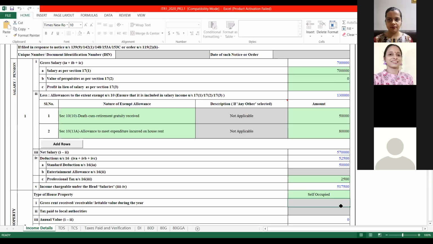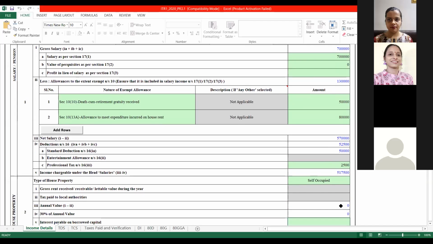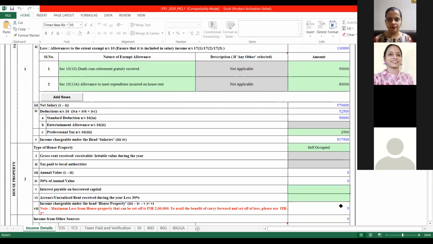Because of which GAV, gross annual value, gross rent received, is a gray column over here. And the municipal taxes paid on that is also a gray column. It is only allowing you to enter the amount of interest paid on loan borrowed. So whatever loan I have borrowed for the house property, I can enter that amount. So say for example, I have entered